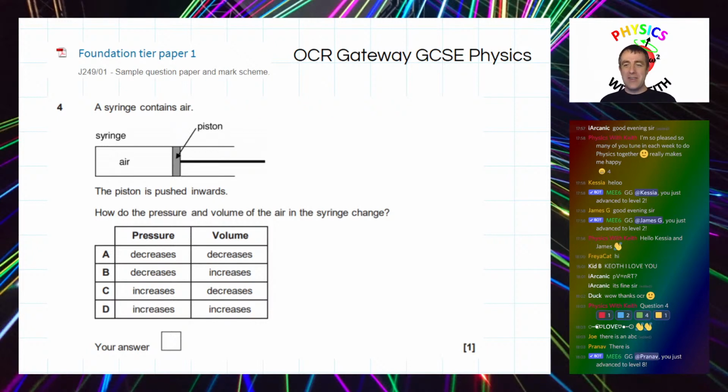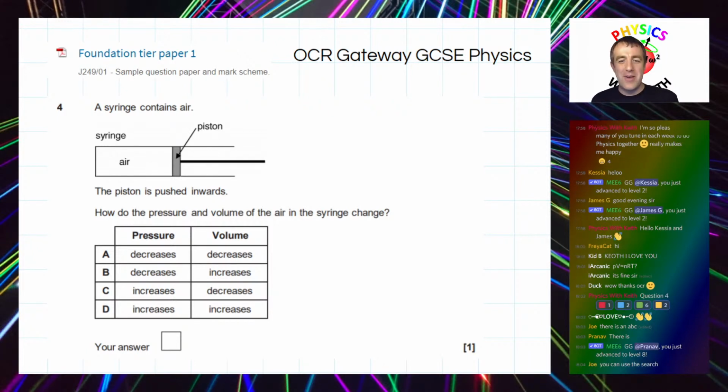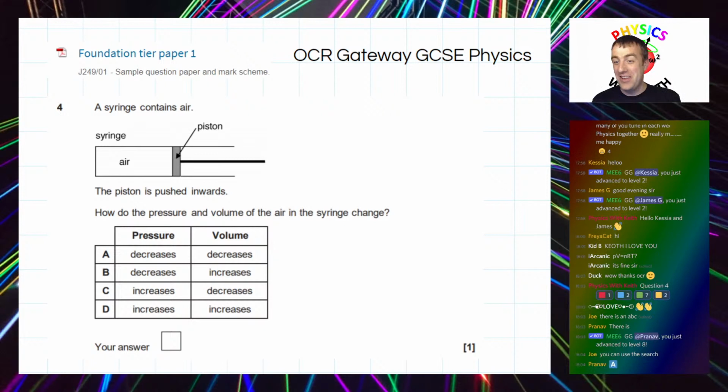Okay, so vote now. Do you think it's A, B, C, or D? Where rather perversely A is... Yes. Yep. I could do, Joe. That's how I got the red, blue, green, and yellow. I used the search. And I didn't think to search for the letters. That's pretty special, that.